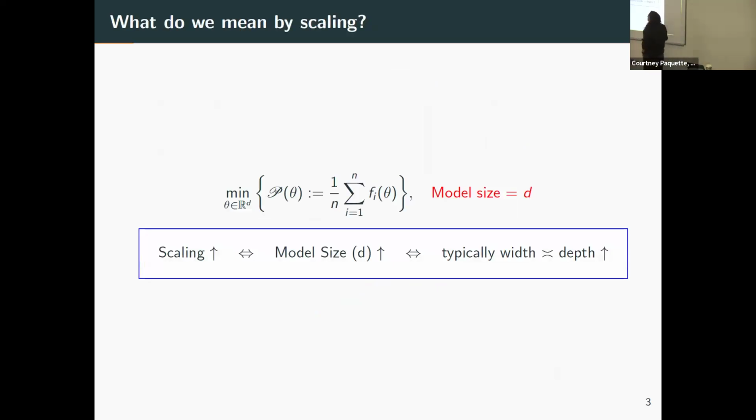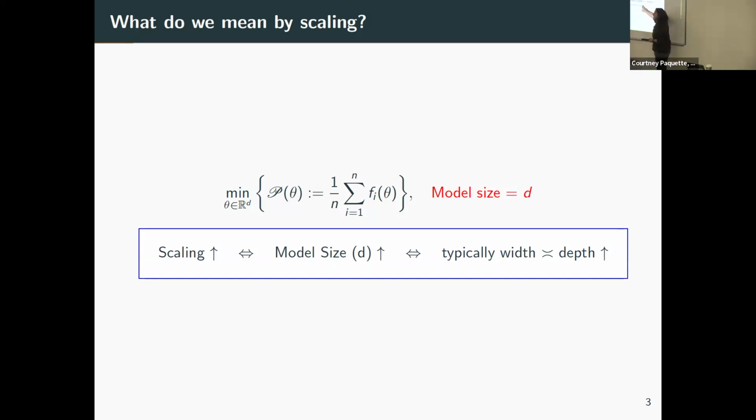All right. So what do we mean by scaling? When people think of scaling, what we're talking about here is we have some problem. We have a model size, or the space we're minimizing over, D, and N as samples. The idea is you want to think of your optimization problem as a sequence of problems that depend on D and depend on N. And scaling is about what happens as you change your model size. So as you increase D, what happens to the whole loss function?